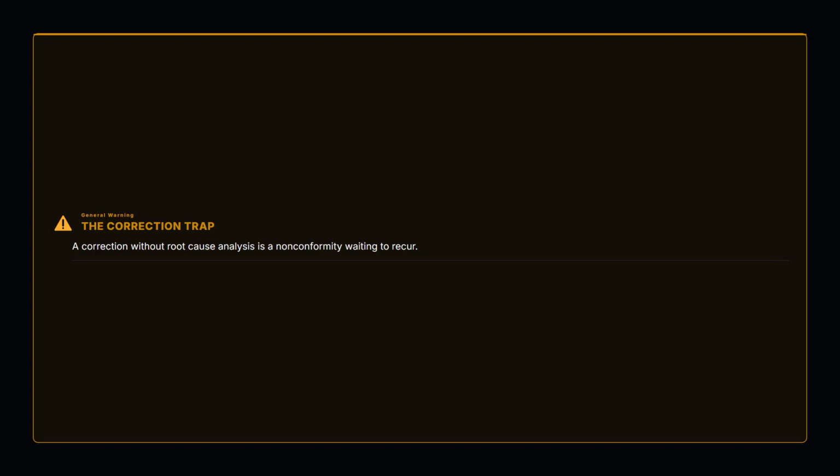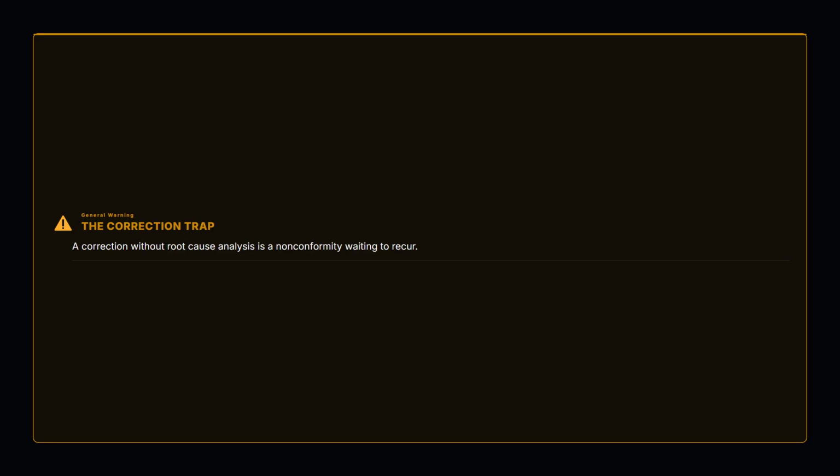Recalibrating and rerunning is a correction. It fixes today's result. It tells you nothing about whether the same failure mode will strike your HbA1c run tomorrow or your creatinine panel next week. Under ISO 15189:2022 and NABL 112, a nonconformity without documented root cause analysis is an open finding waiting to be flagged at